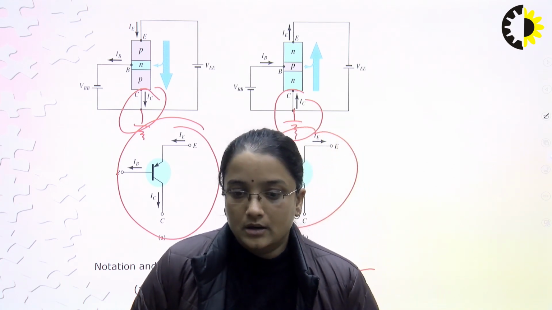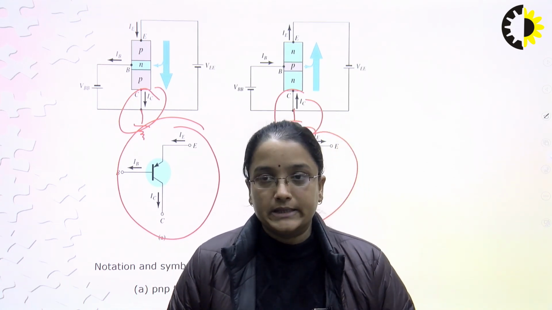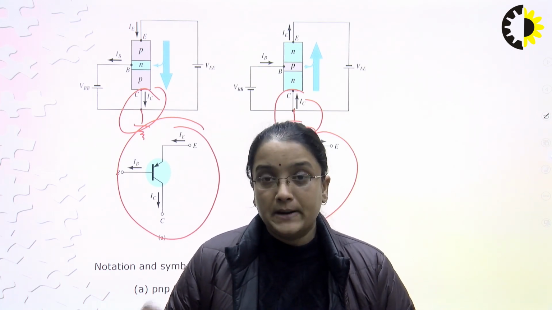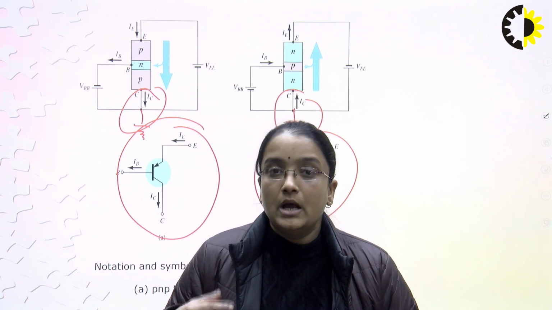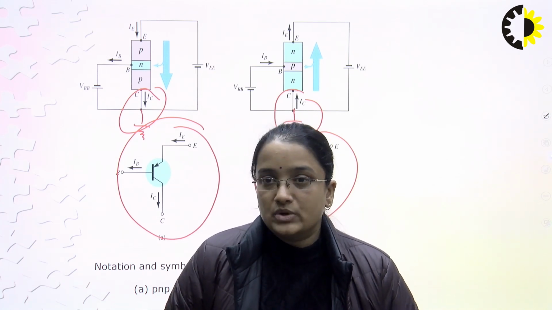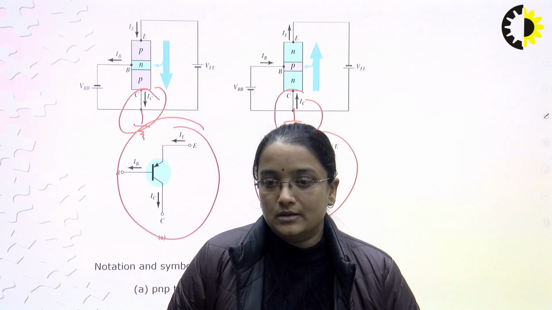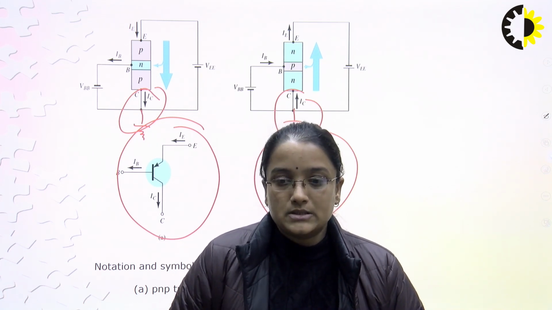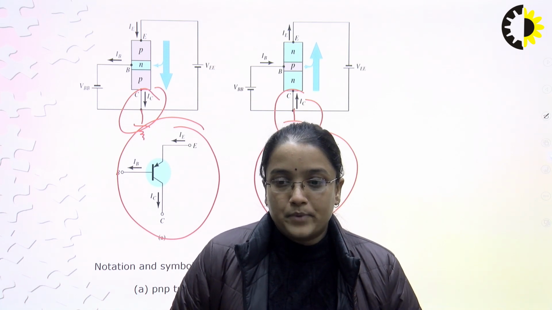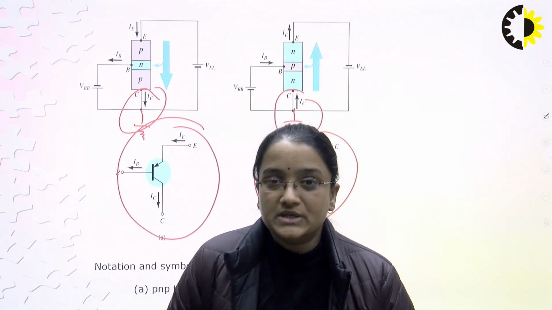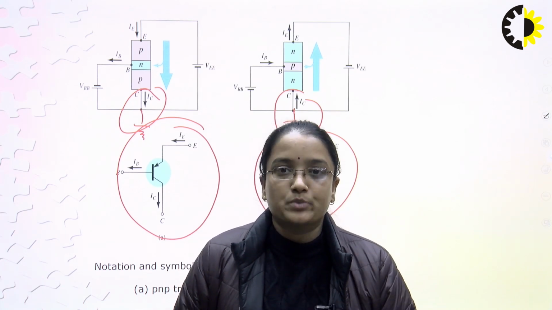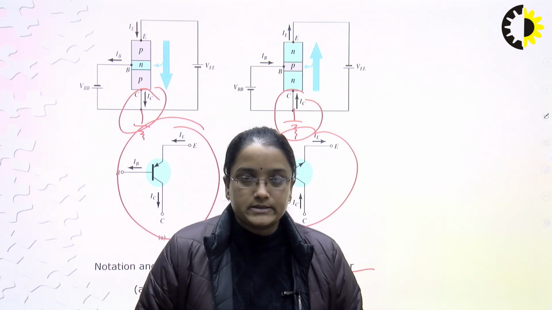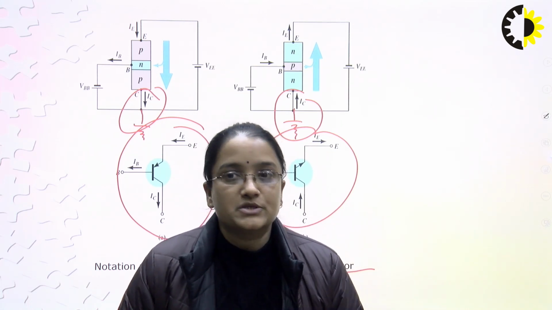So this is all about the introduction part of BJT, and probably in the next lecture we will continue with the input output characteristics of BJT for all the three configurations, with particular emphasis on the Ebers-Moll model. That is one of the most important topics of this unit, because the problem that we face in the working of the BJT is overcome by using this model. So in the next lecture we will cover the input output characteristics and the model.